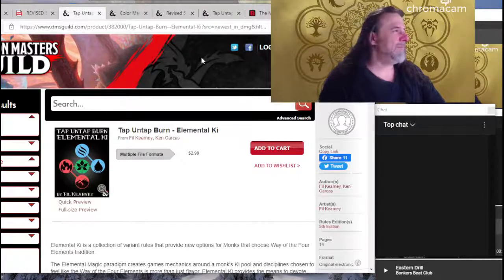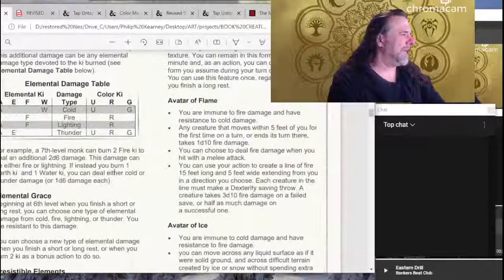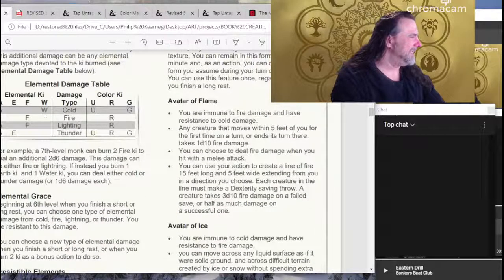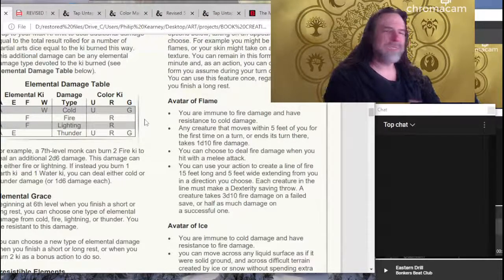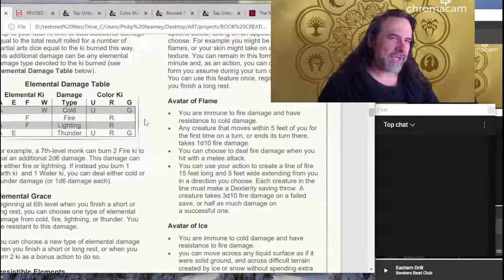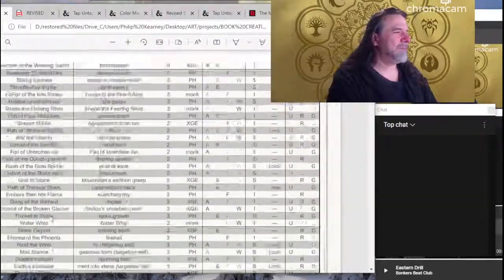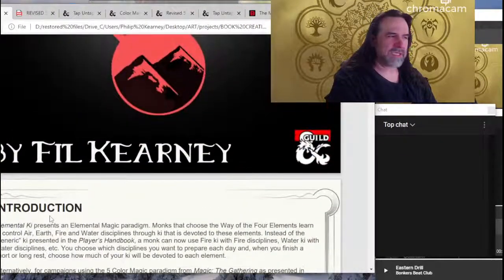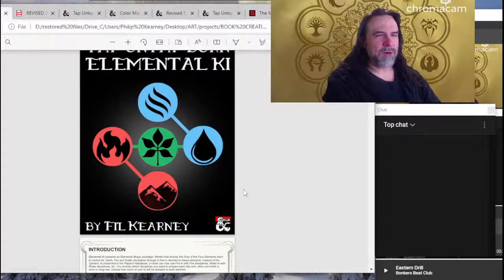And maybe its smite isn't radiant damage. Maybe instead a paladin of the sea is dealing cold damage. So there's ways you can play with it so that the flavor of your character is being reflected in the mechanics of the magic paradigm that you're using. And this is going to show up again and again throughout this book. As I begin these quick explorations of different topics of conversation, we're going to see how these different paradigms actually play out inside this book and how that can apply to you.